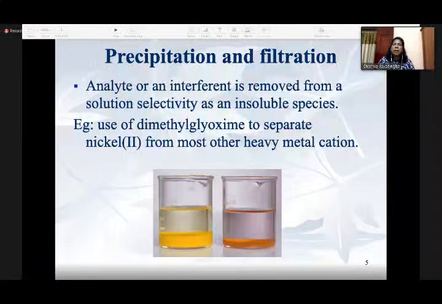So in that case, we do not do the precipitation or the filtration, but we dissolve in the solvent and then remove the fat, the disturbance, from the analysis. Sometimes we do the precipitation or sometimes we do the filtration. To do the precipitation, we have to use some other substances. But in the case of filtration, let's see. Now you want to analyze